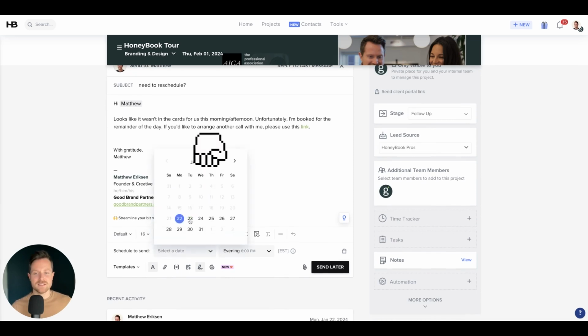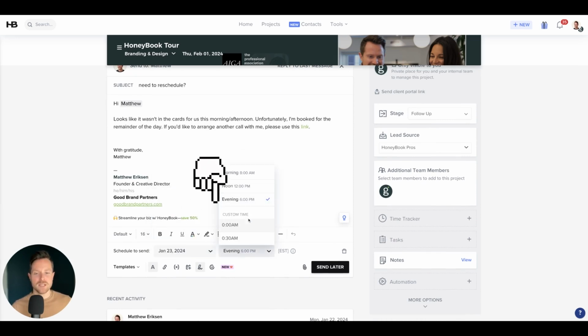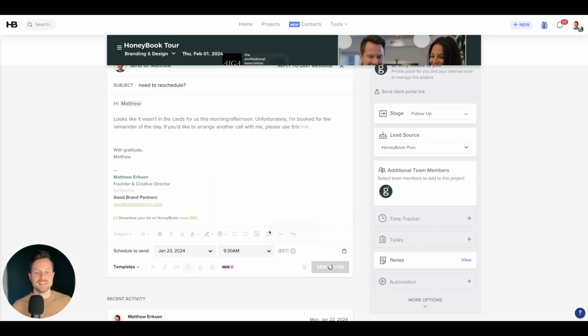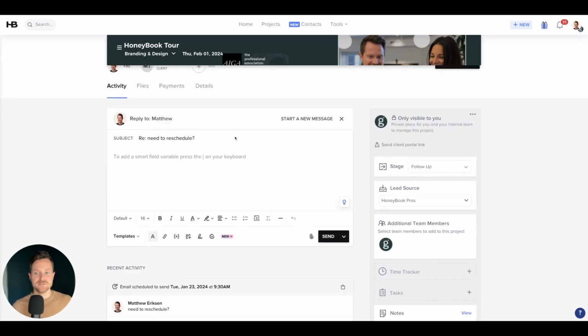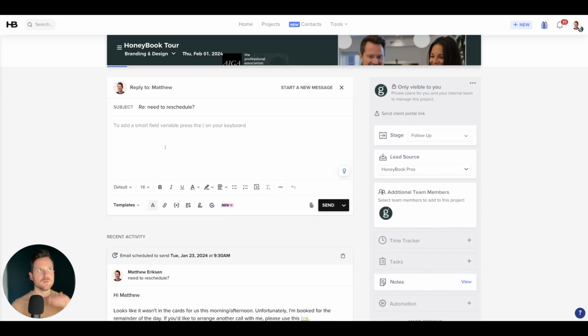So I can do a custom date and say I want to send it tomorrow, and I want to send it at 9:30 a.m. I can then hit send later. Super freaking cool. It will tell me that it's on the docket, it's in the outbox, so to speak, and it will be sent at the date and time that I have suggested. Inside of the email builder, same thing with the email templates. You have the ability to change the weight and thickness of the type, color, all that good stuff,